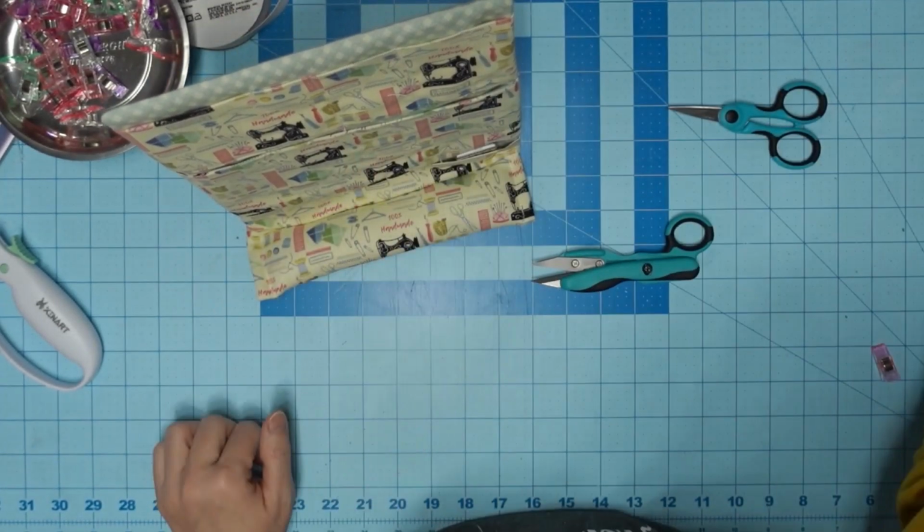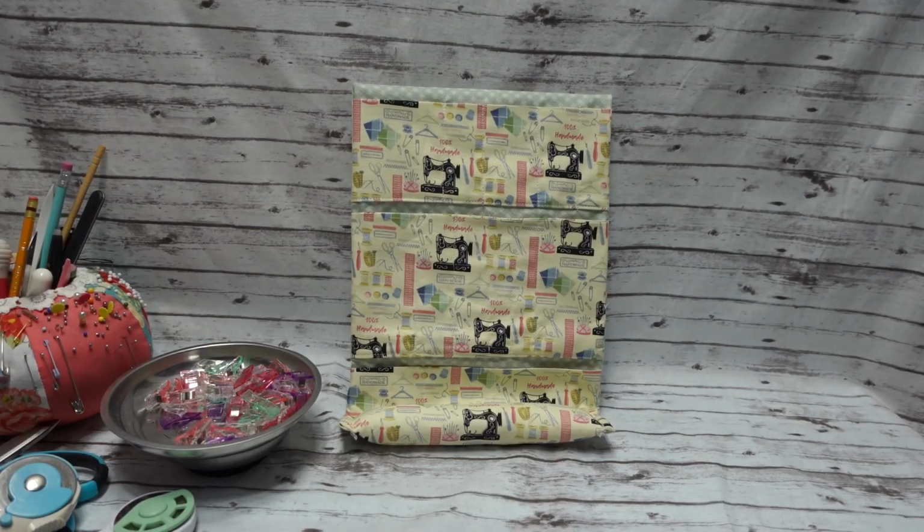Yep, there's my daughter. Hold on. I had to set up my backdrop, y'all, because there is no way you're going to see what my room